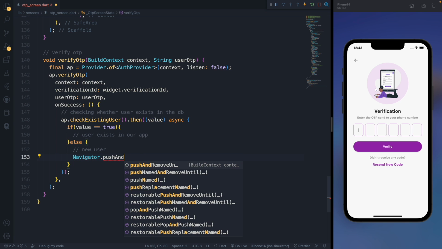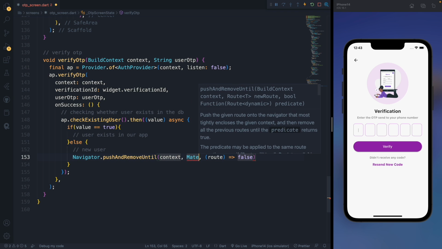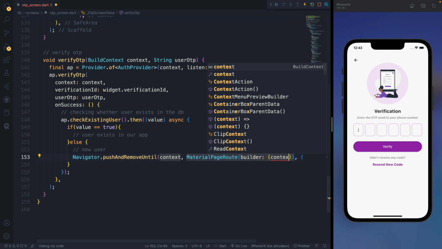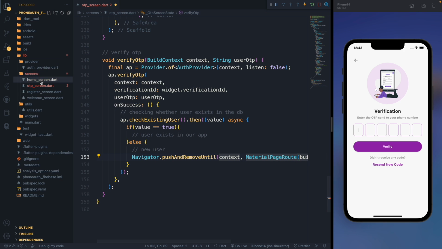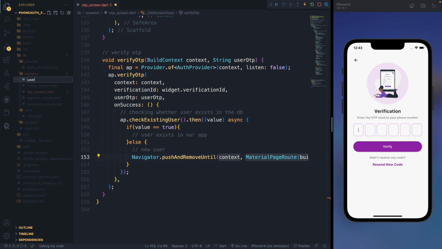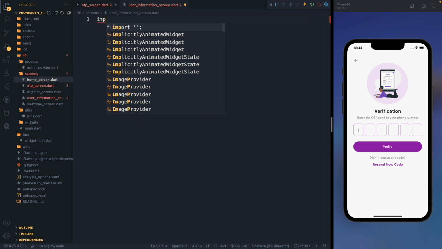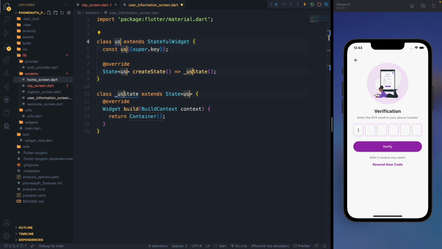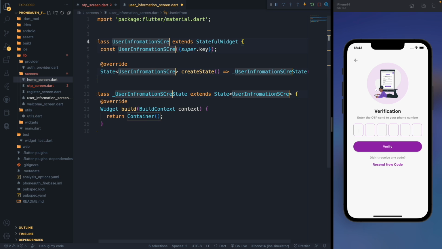So this will be push and remove until, and the route can be material page route, builder can be context, and then we need to create the user information screen dot. So we can do import material dot and user information screen,